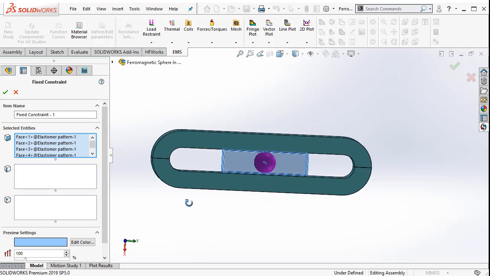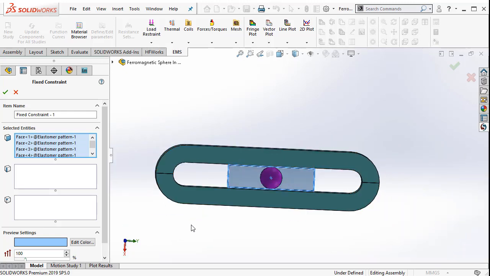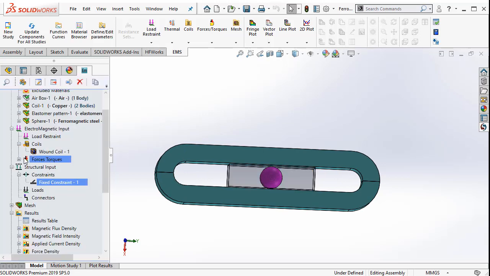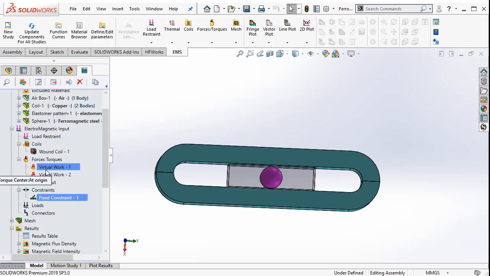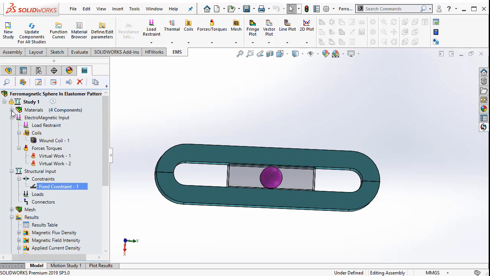The elastomer, however, is free to move in the x direction, in the top and bottom. Finally, the program requests the forces acting on the ferromagnetic spheres, and this force will be transferred to the structural simulation. Now I've run this simulation, and let us take a look at the results.